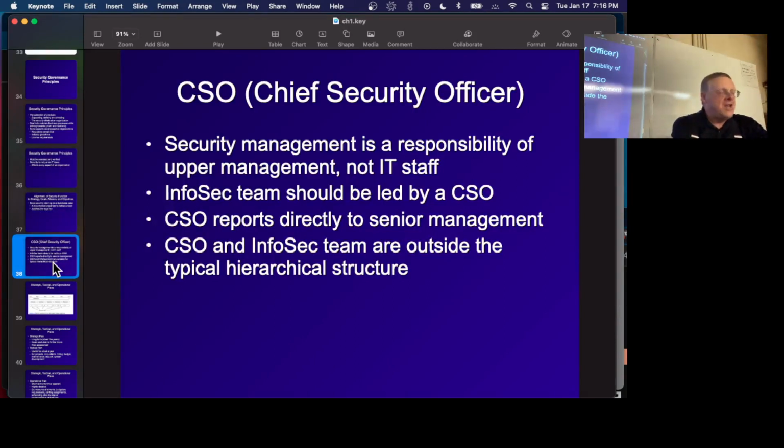Some junior person at a company gets mad about something, like our passwords are too short or these firewalls aren't set up right, and they try to get someone to care and nobody cares. I've been this guy. This is where a lot of security people start out. Then you scream and yell, and they just say, that guy's a lot of bother, I don't even know what he's talking about, and you don't get anywhere. And you cannot implement any change from the bottom. You have to first convince upper level management